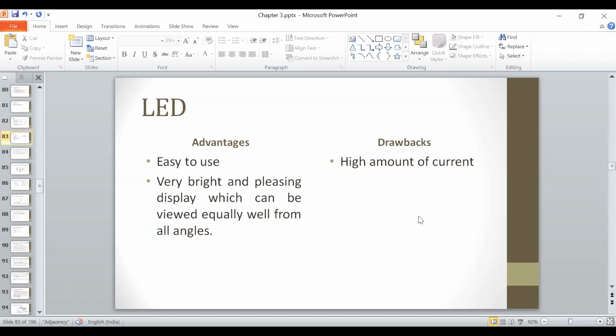So the first advantage is easy to use. This kind of advantage you will find everywhere. I will not even consider these kind of thing as any advantages. The major advantage of using the LED is this: it is very bright, pleasing, and the viewing angle for the LED is very good. If you view it from any angle, the display will be